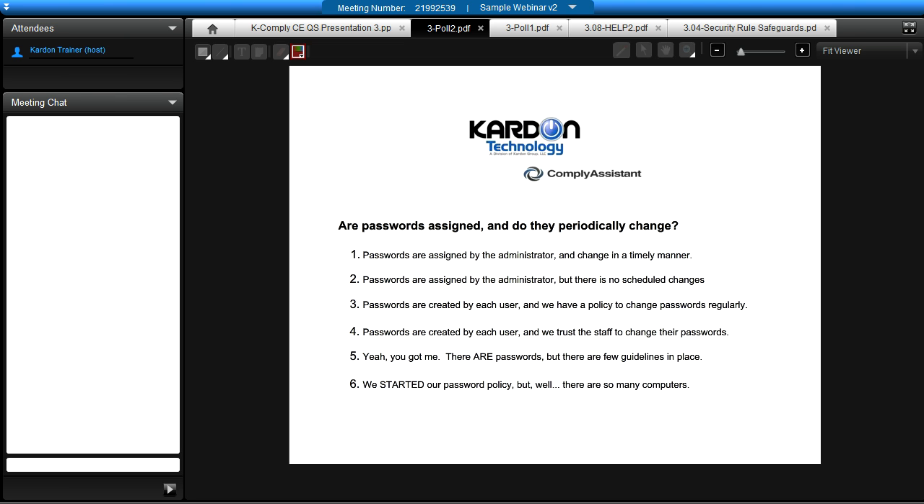Well, the second poll that we're going to go over is, are your passwords assigned and do they periodically change? And we'll start with number 1. Passwords are assigned by the administrator and change in a timely manner. Number 2. Passwords are assigned by the administrator, but there is no scheduled changes. Number 3. Passwords are created by each user, and we have a policy to change passwords regularly. Number 4. As you can see, each one gets a little bit more lax. Passwords are created by each user, and we trust the staff to change their passwords. Number 5,